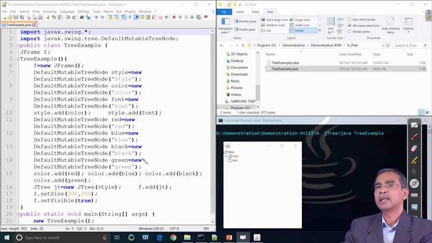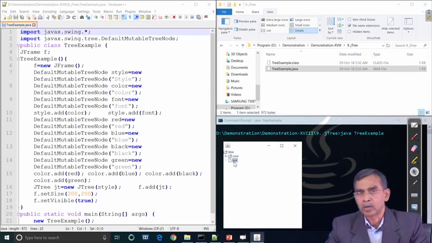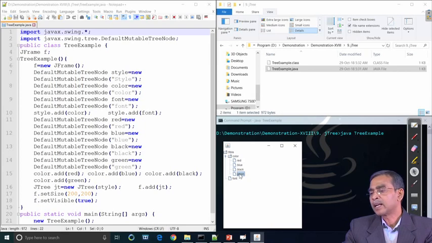For example, here style is the root in the directory structure. Style has two nodes, namely color and font. If we select color, and some elements are there, it will automatically expand, showing red, blue, black. If red contained other elements, clicking it would expand, but in this case it is not there. So, it looks like a tree.